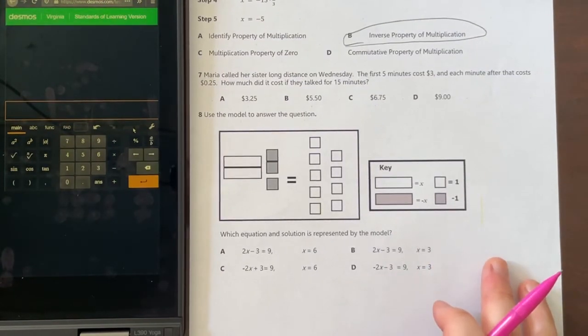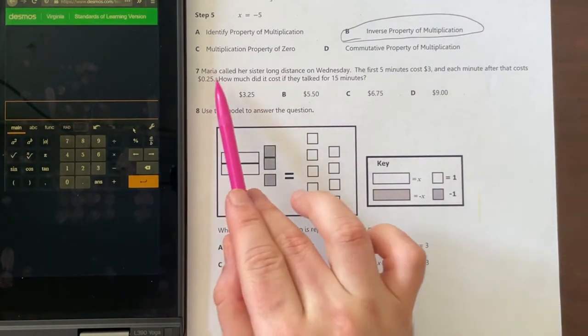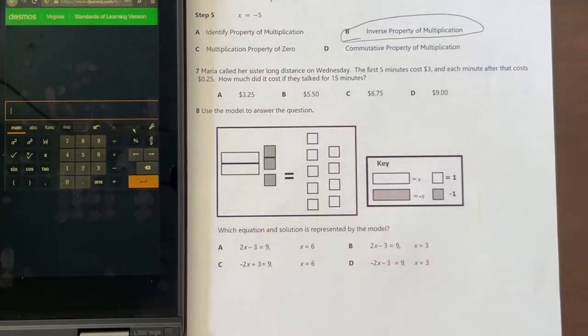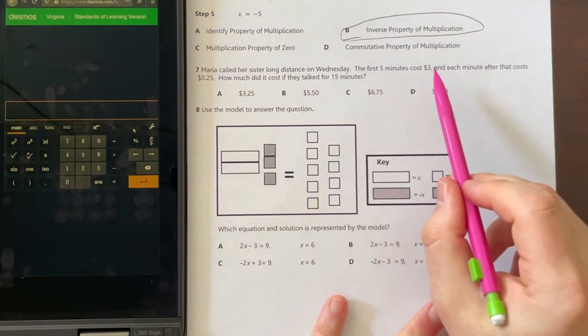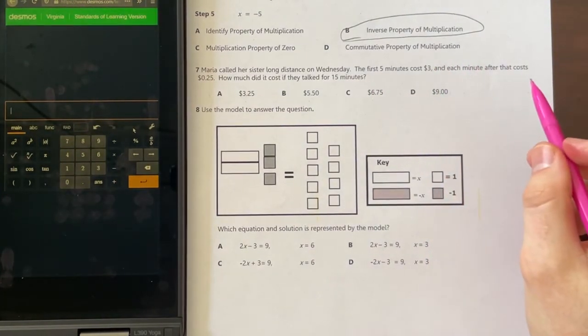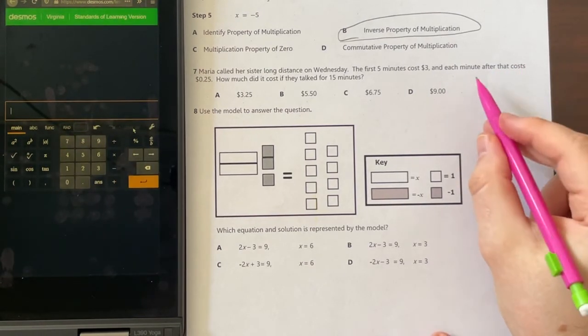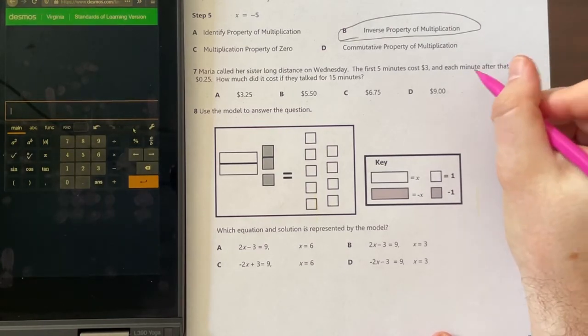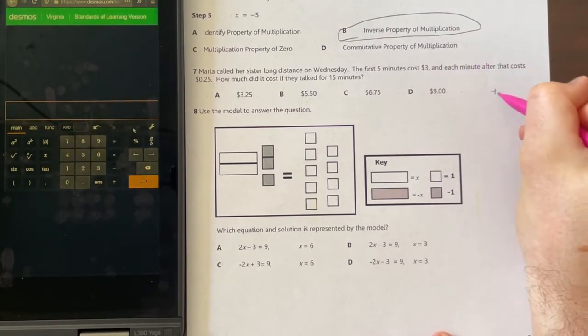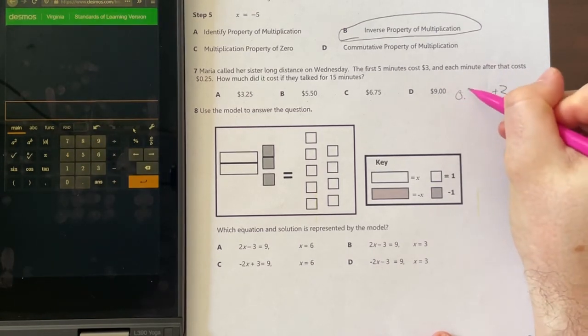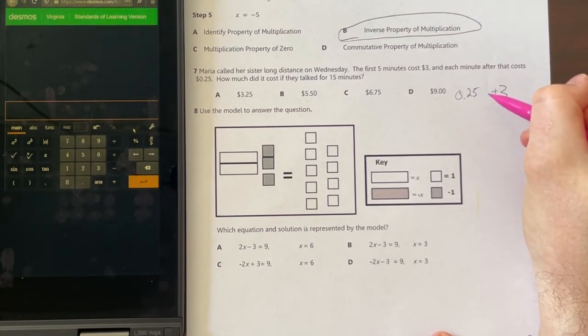Moving on, for number 7, it has this. It says Maria called her sister long distance on Wednesday. The first 5 minutes cost $3, and each minute after that cost 25 cents. How much did it cost if they talked for 15 minutes? So let's try this. The first 5 minutes is $3, so initially we'll say it's $3, and then it's going to be 0.25 times x,